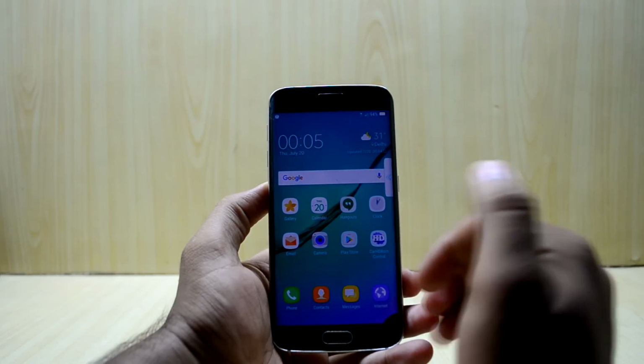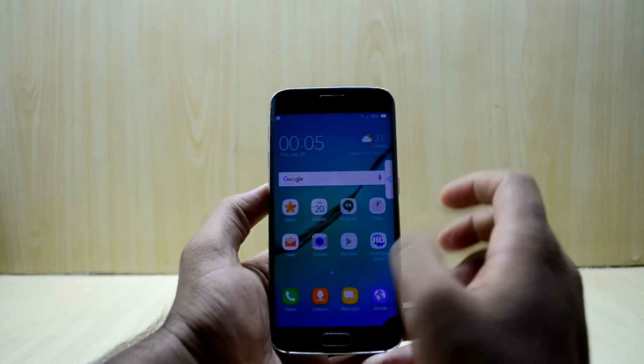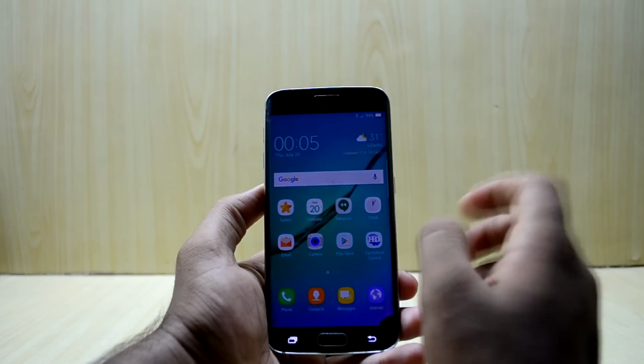So the device is all set up right now, and it comes with a little bit of the S8's launcher.